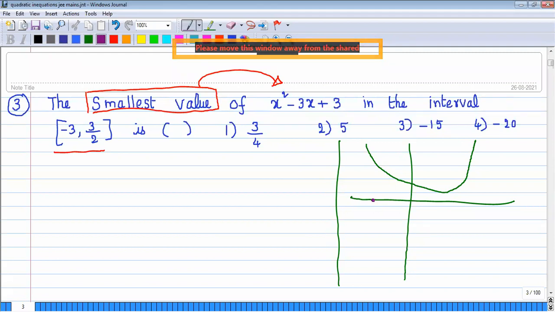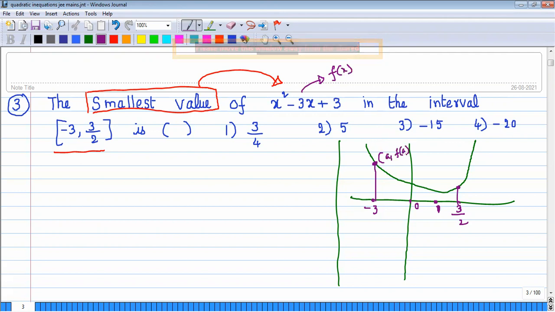This will be minus 3, this is the origin. This one, say this is 1. 3 by 2 will be 1.5. So draw a vertical line here. So this point and this point, these coordinates we can write like this. Suppose this is A. This is the function f of x. This will be A comma f of A. Suppose this is B. So now this becomes B comma f of B.